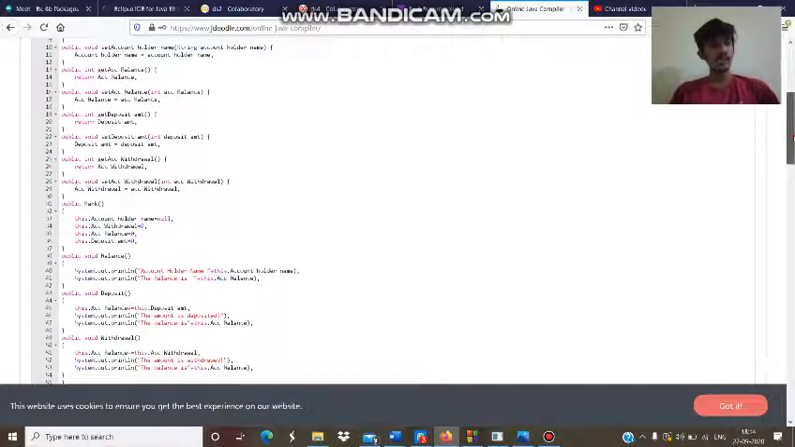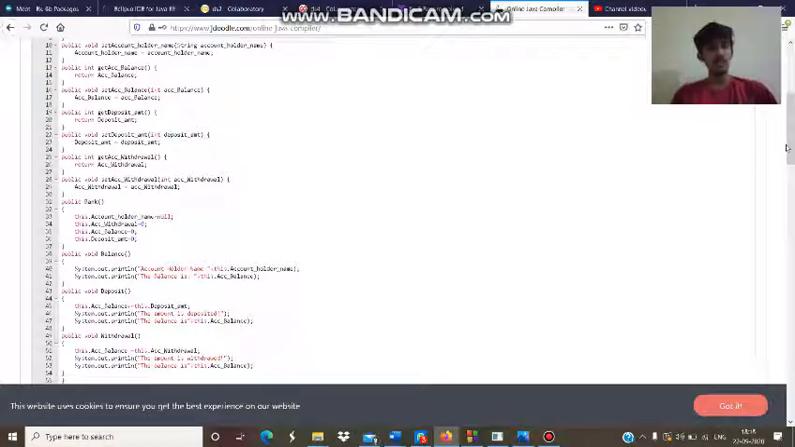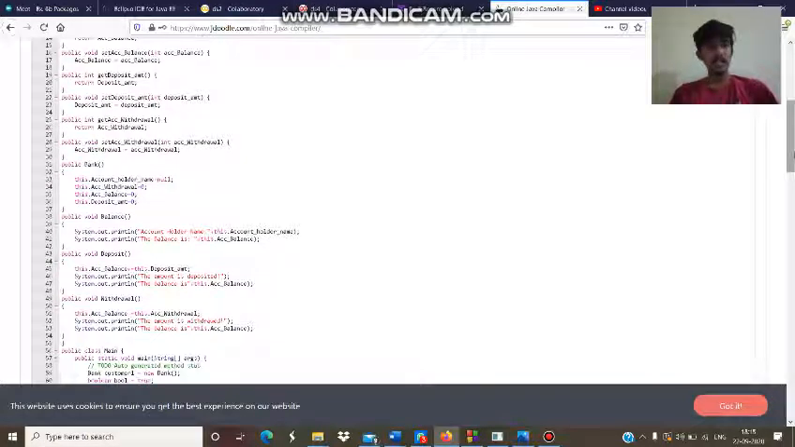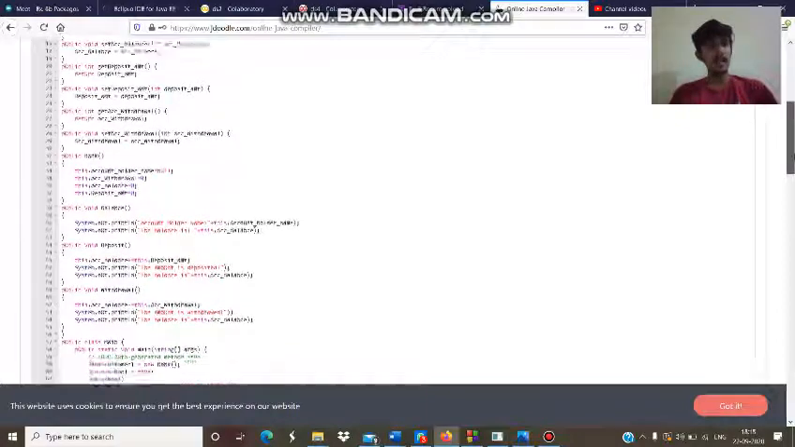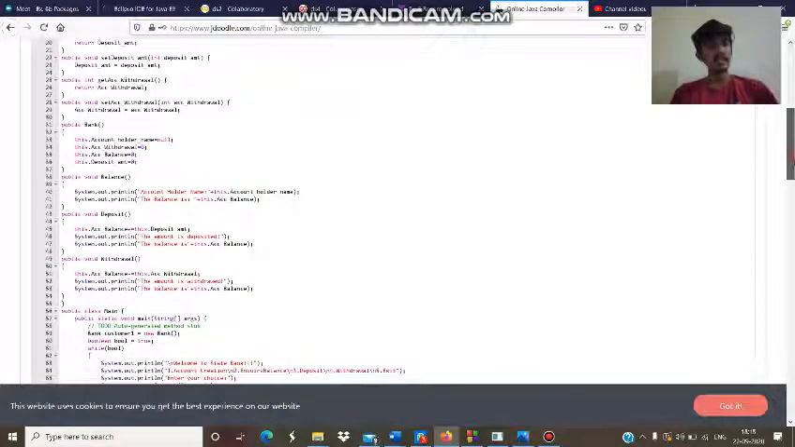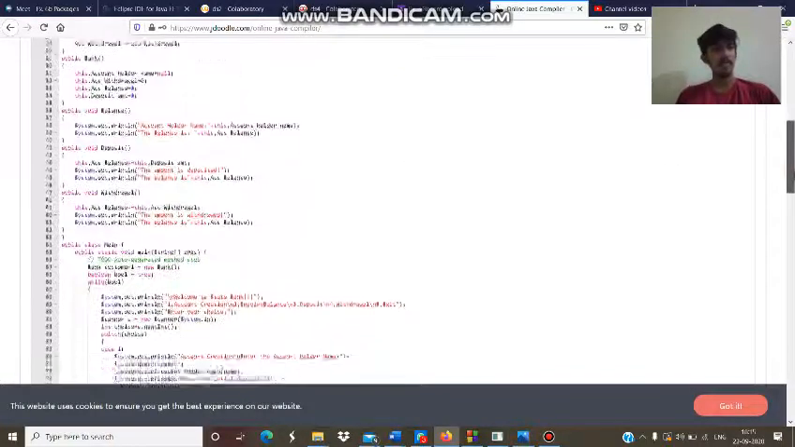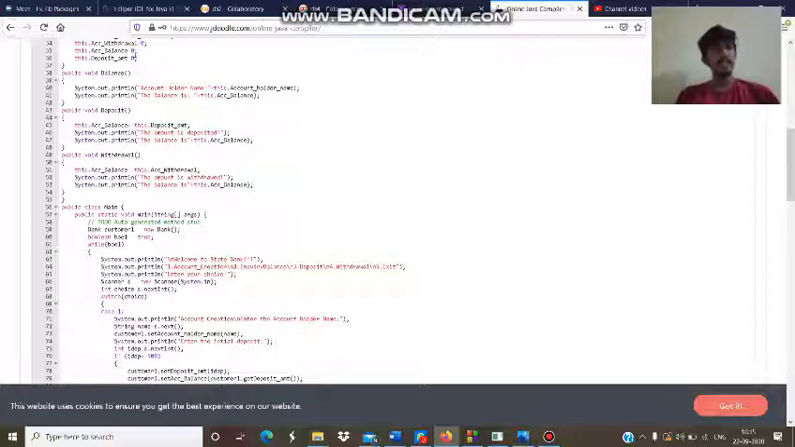Then public getDepositAmount returns depositAmount, and setDepositAmount sets depositAmount equal to depositAmount. Then getAccountWithdrawal and setAccountWithdrawal. In the Bank constructor, this.accountName is null, accountWithdrawal is 0, accountBalance is 0, and this.depositAmount is 0. Then public void balance, System.out.print